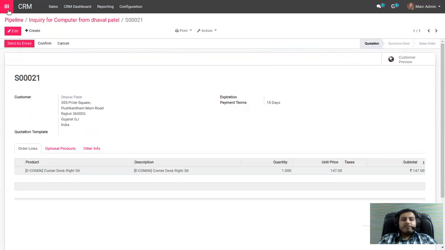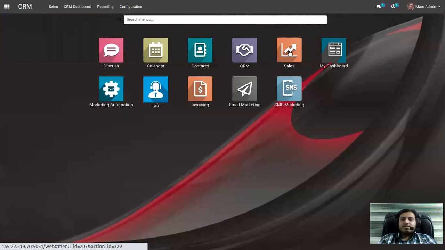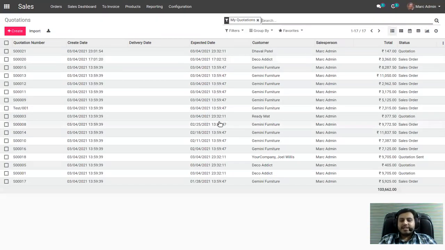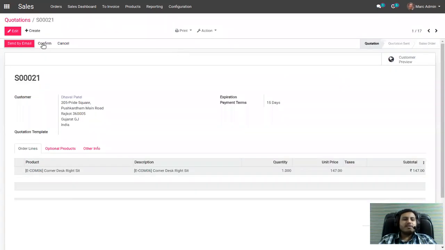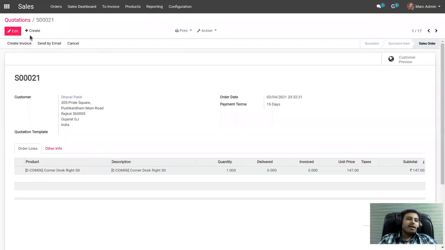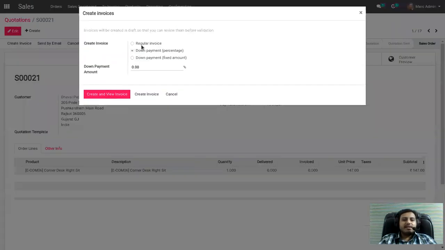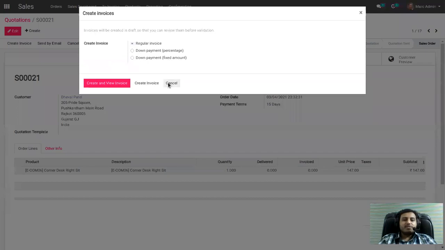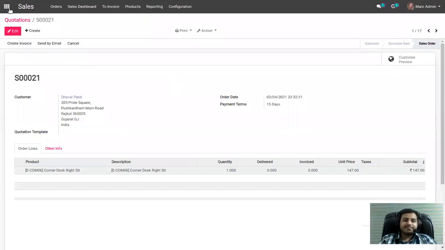Okay. If you want to see all your quotations together, you can move to the sales. Here you can see all your sent quotations, and you can also track them with the different statuses, like whether it's in quotation stage, sales order stage, or quotation sent stage. Okay. If at any time you send this quotation and the customer has agreed with your quotation, you can just open this and click on this button, confirm, so its stage will change from quotation to sales order, right? And if you want to create the invoice for this, you can just click on create invoice, so it will create the invoice automatically, right? So it's super easy, all the operations are in a single click.